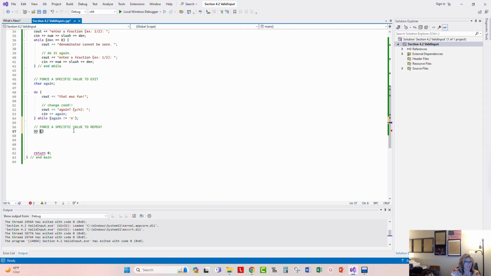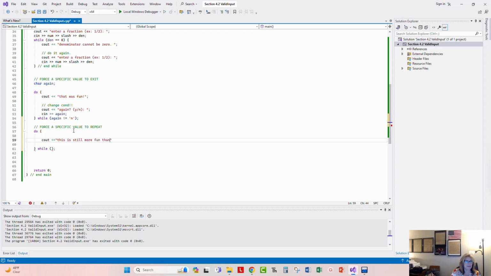Oops, my caps lock is on again. With my opening and my closing curly brace, I'll put the while here. I'm going to put the semicolon at the end of my while. I'll come back for a minute for what the condition is. And then I'm going to cout something like, this is still